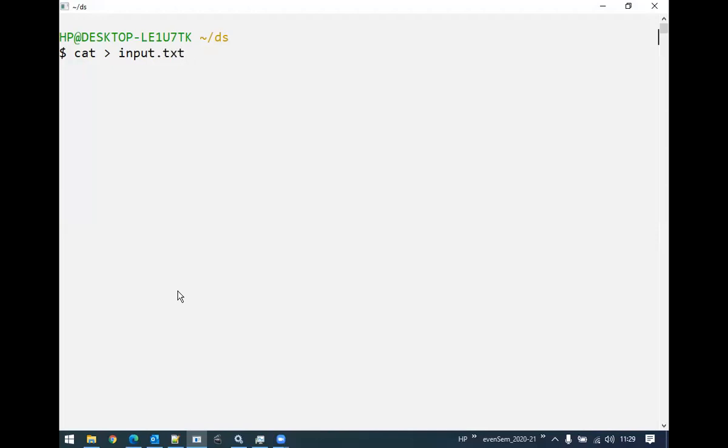So here the name of the file, I will give it as input.txt. And if I press enter, now the file is created, it is opened, and I can write content in here. Pay attention, I'm just creating the file with certain content here. This is nothing related to the program I'm writing. Just a file I need, right? Now, let me write some content. This is line 1, the first line. Then this is the last line.